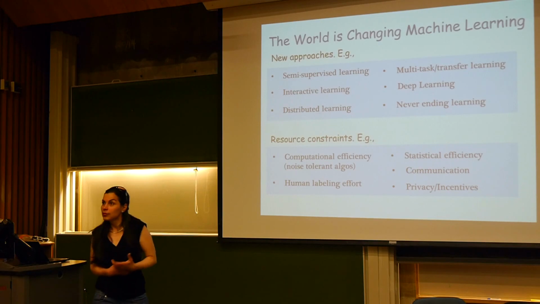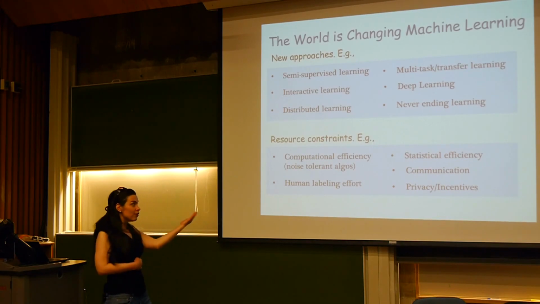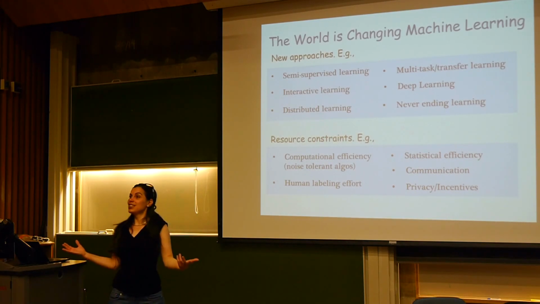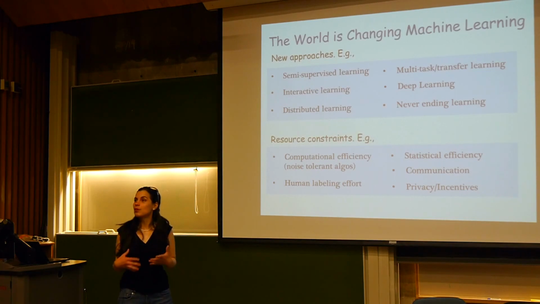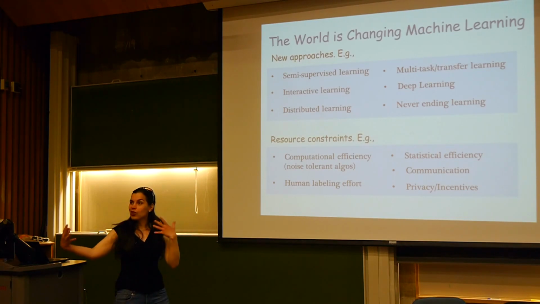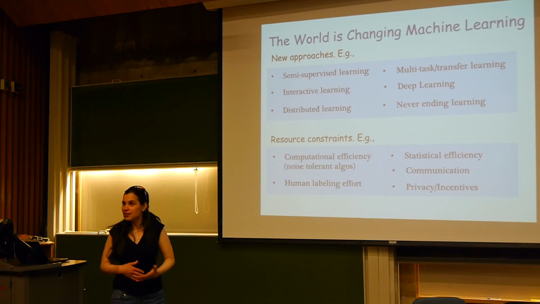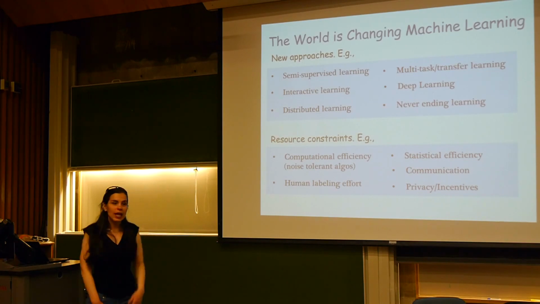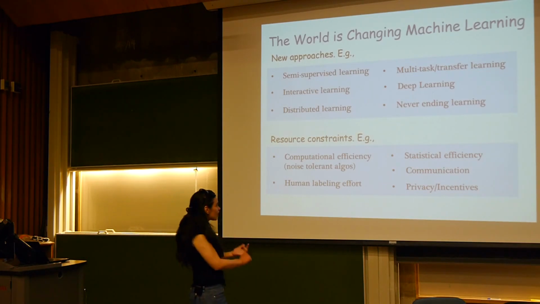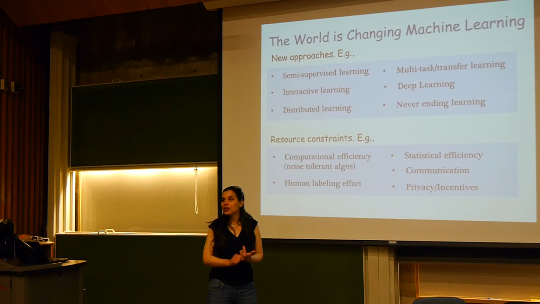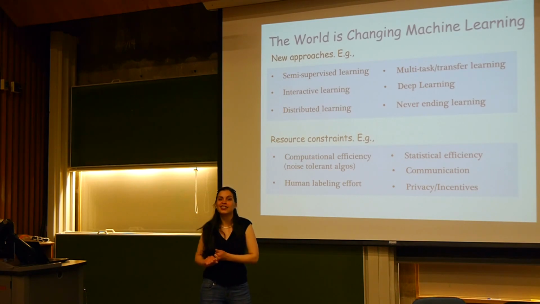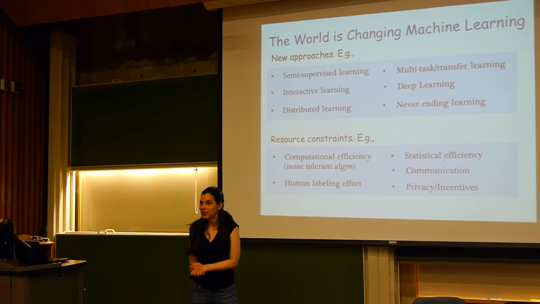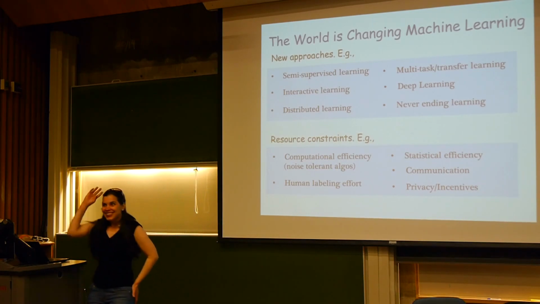worry about, okay? Or even incentives in cases where the data actually belongs to someone, like some research groups, or say Google or Microsoft, right? So what incentive would they have to share the data with us? And what type of data? Okay, so suddenly we have a lot more resources and constraints that we have to think about compared to the classic machine learning status 10 years ago. Okay, so it's very exciting.